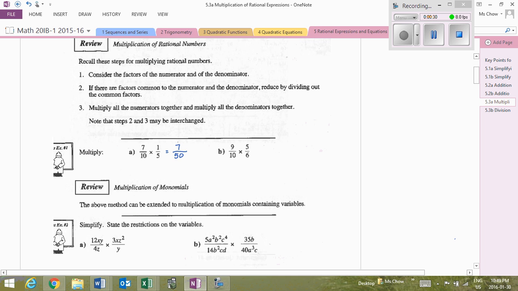and hopefully there's nothing more that can be simplified. If there is something that can be simplified, obviously you want to do that, but ideally, especially when it comes to multiplying with rational expressions, you want to get rid of those factors first. So rather than multiplying across here to get 45 over 60 and then trying to reduce, ideally we're trying to reduce first. So 9/10 doesn't reduce, 5/6 doesn't reduce,